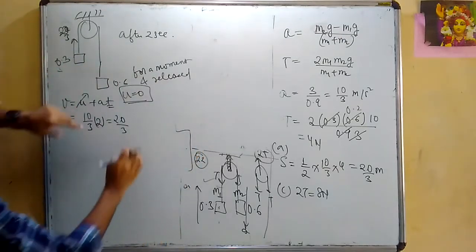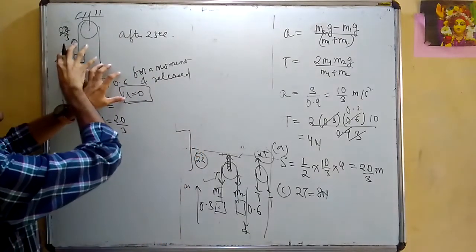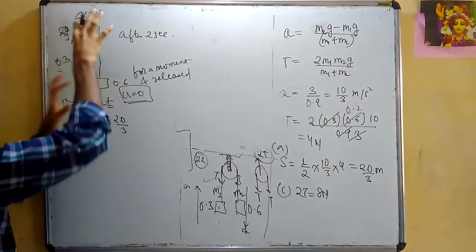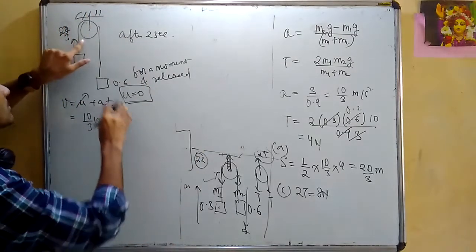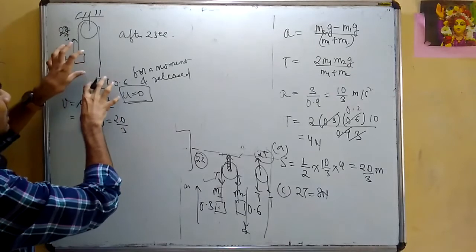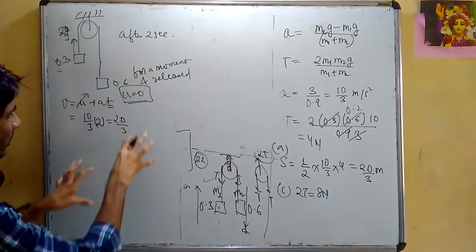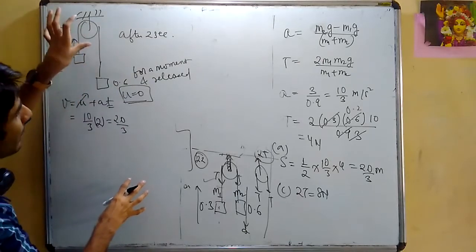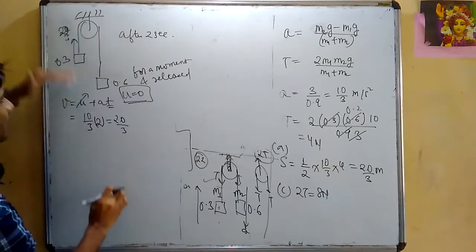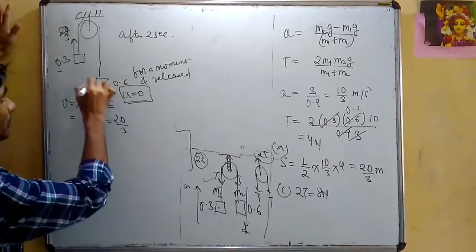But what is the effect? If you hold it suddenly, this will start rising up normally like a free fall, because tension will become 0. See, this was initially going up, you stop this one. So this will continue to move up, right? And then it will come down. This was moving like this, you stop it, so this will continue to move up and then it will come down. Tension becomes 0.